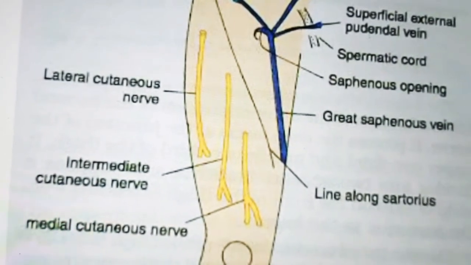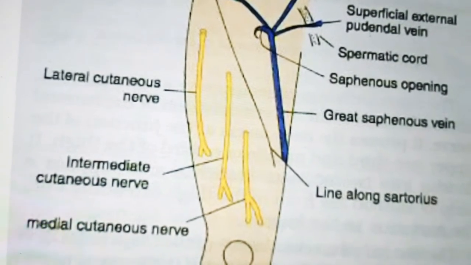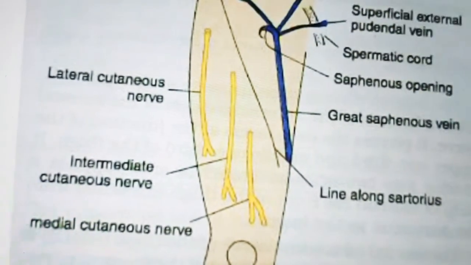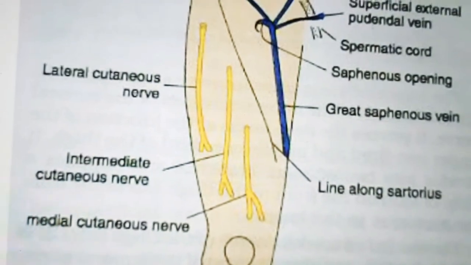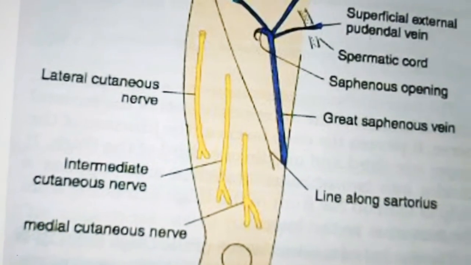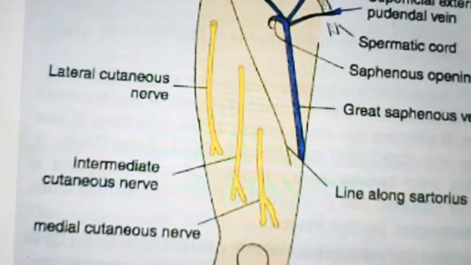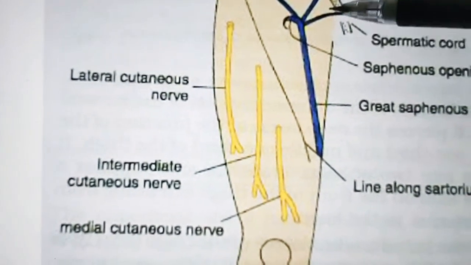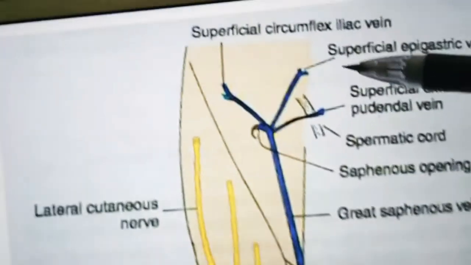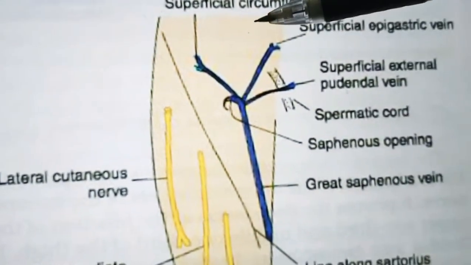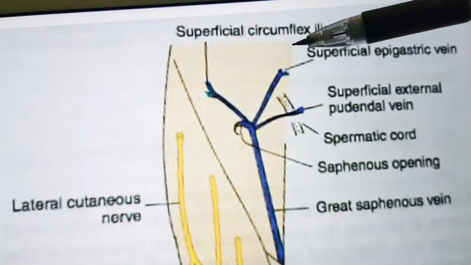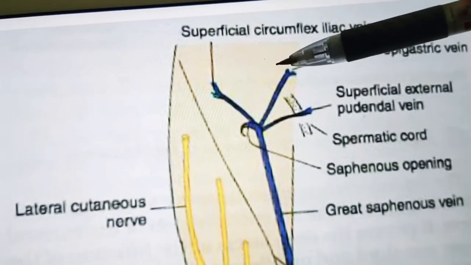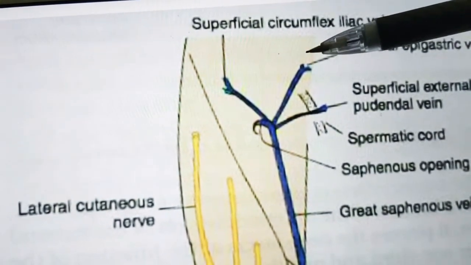So remember that all of these come directly or indirectly from the lumbar plexus, but there is an exception, especially for the upper lateral part, whose cutaneous nerves are derived from a branch of the subcostal nerve. Remember, the subcostal nerve. So mainly we have the ilioinguinal nerve. The ilioinguinal nerve will be over here; it is not shown in this diagram, but you can imagine it. According to the name, you can see ilium, which means of the hip bone, right? Inguinal means this side. So here will be the ilioinguinal nerve, and its root value is L1.